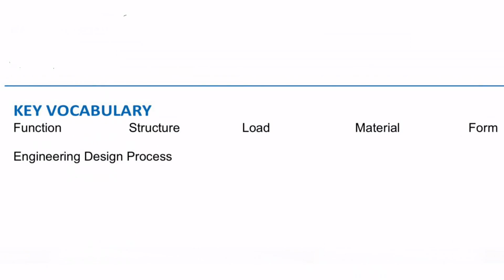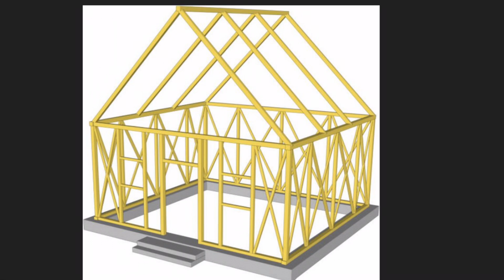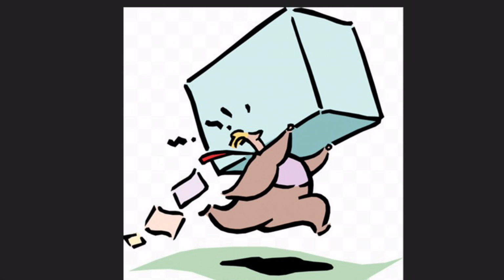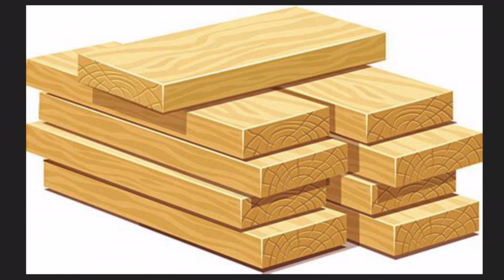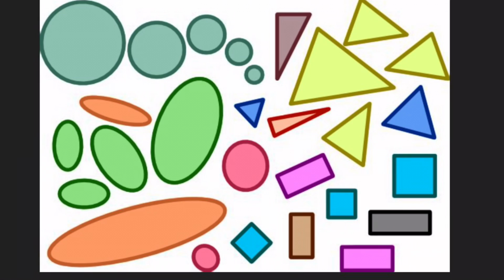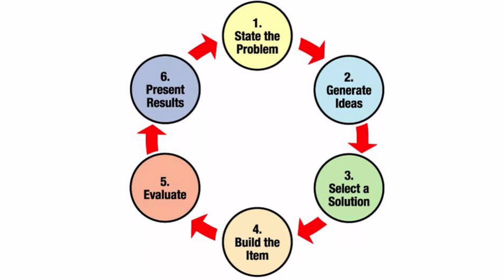Today, here are some words that you'll be learning and using in today's lesson. The first word is function, which is what the bridge you're trying to build will be able to accomplish. The second word is structure, which is a foundation upon which your bridge will be built. The load is what your bridge will be carrying. The material is what your bridge will be made out of. The form is the shape of the bridge. And the engineering design process is a list of steps that you will use to come up with ideas and